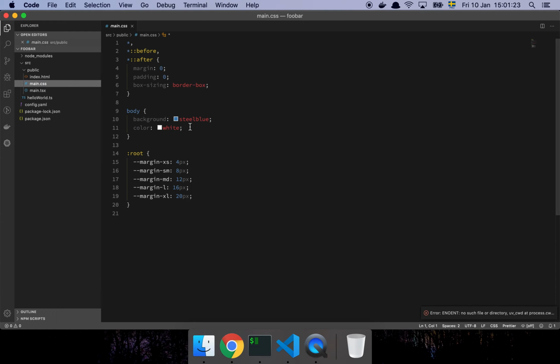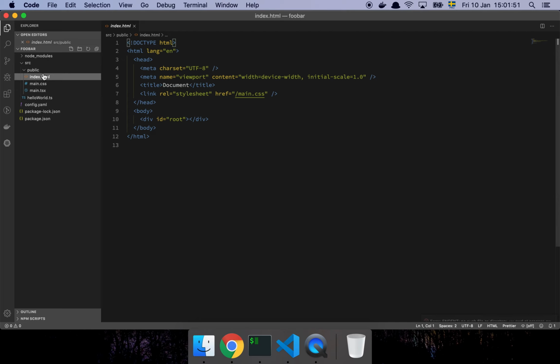Same thing with CSS here. We don't have to worry so much about whether some people are going to use this or that, and how we are going to do it. It doesn't really matter because there is one way of doing it. It's consistent across every product that we build, because as long as we're using this tool, we can always guarantee that every project that we deliver is going to be consistent with every other project. There's no way to create a project that is vastly different from all the other projects, and that consistency is extremely powerful. And then we have our index.html file here that just gets outputted as well. So